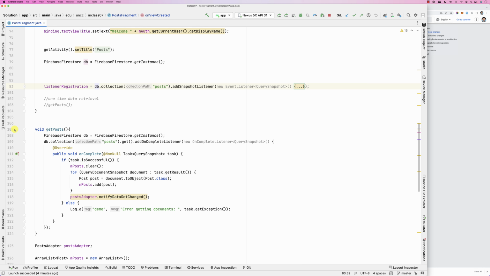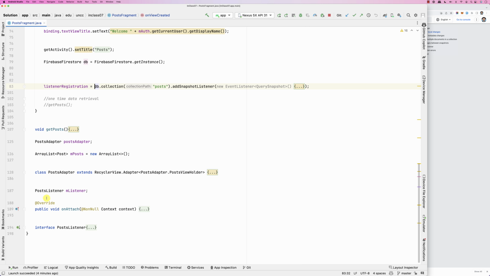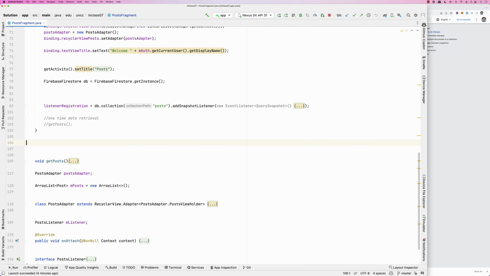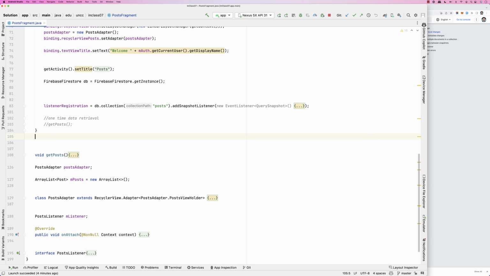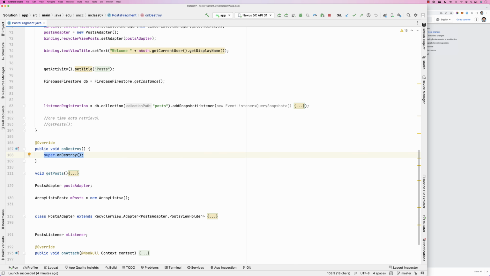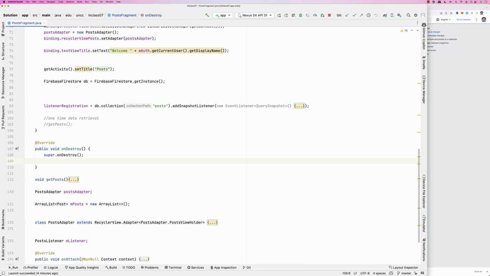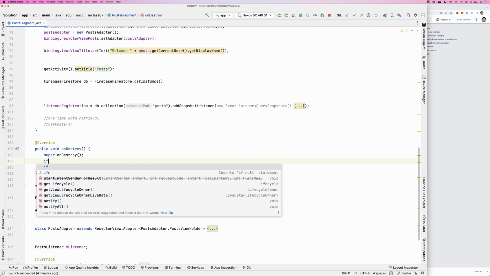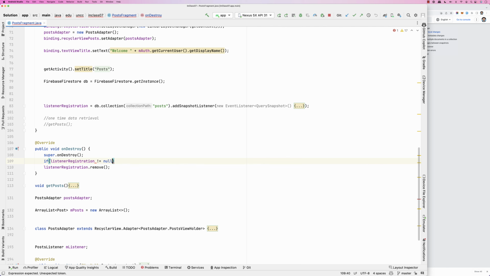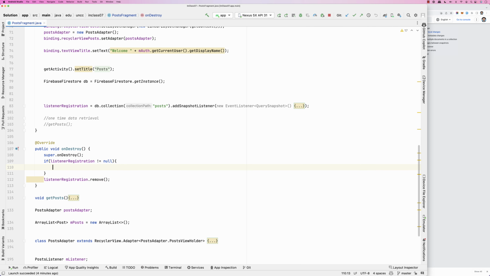And basically when this app goes to sleep, let's say on destroy, meaning on destroy view or on destroy, what I'm going to do is that I need to unregister it. So how do I do that? Remove. So if the listener registration is not equal to null, then I'm going to remove